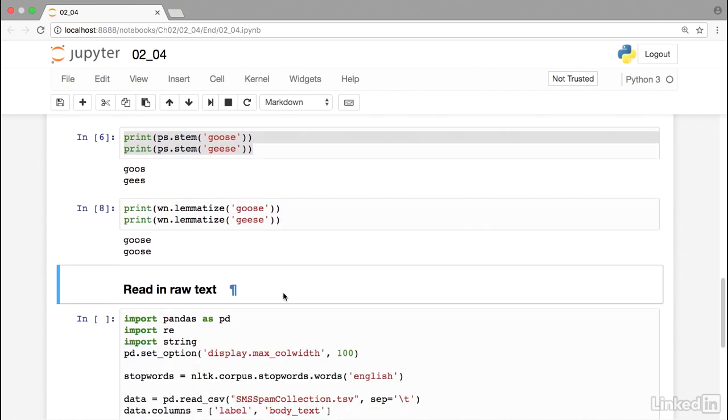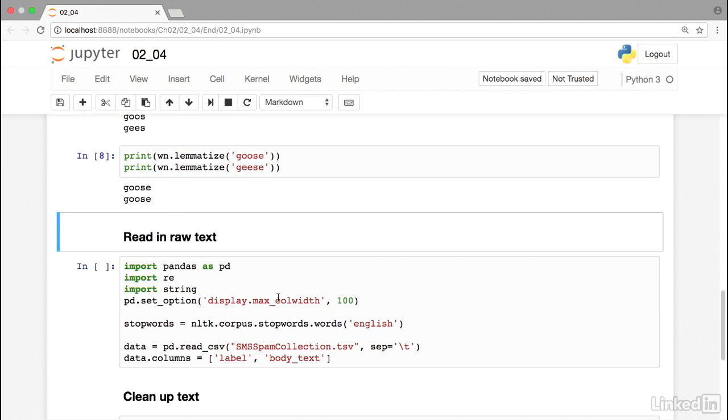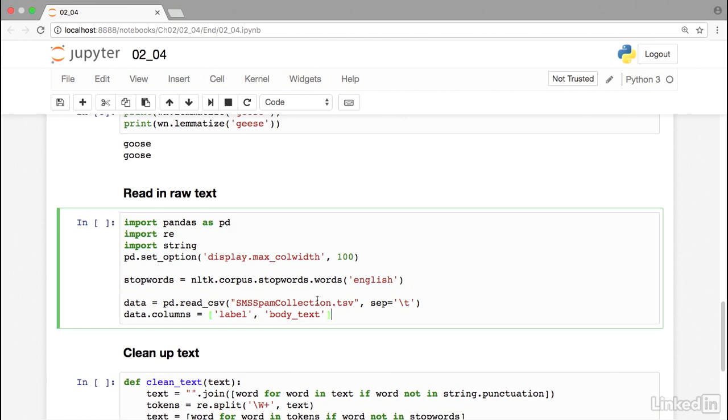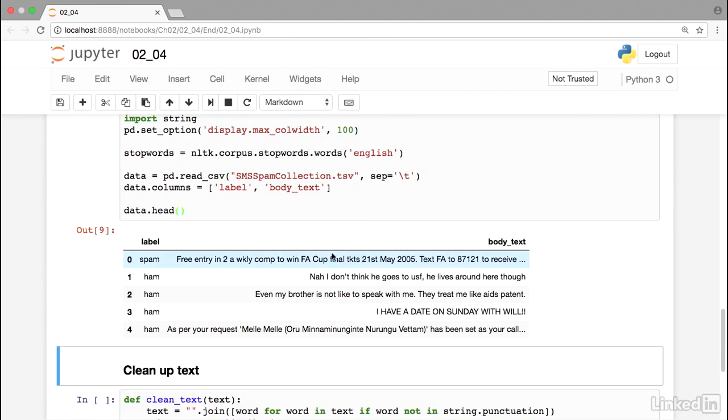So now that we've learned a little bit about how the lemmatizer works, we're going to do the same thing that we did with the stemmer, where we're going to read in our SMS spam collection data set, clean it up by tokenizing, removing punctuation and stop words, and then we'll apply the WordNet lemmatizer at the end. So now reading in our SMS spam collection data set in the same way that we have the last few lessons and assigning the column names. Let's just print out the first 5 rows just to make sure it's reading in as we expected,